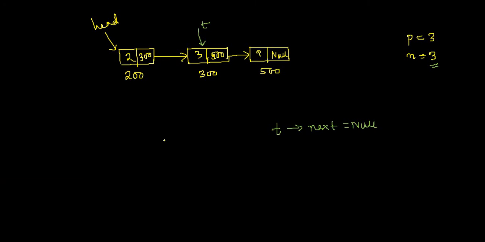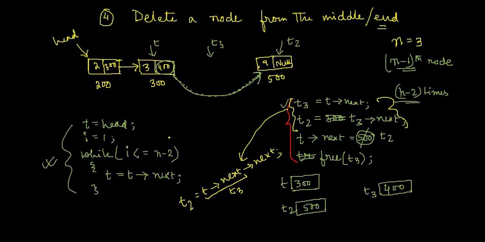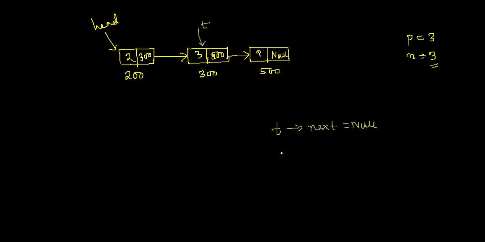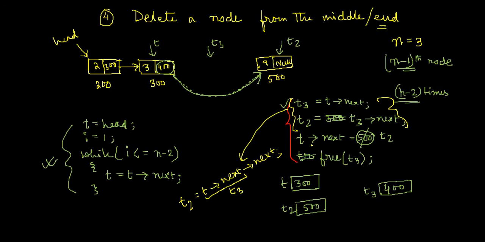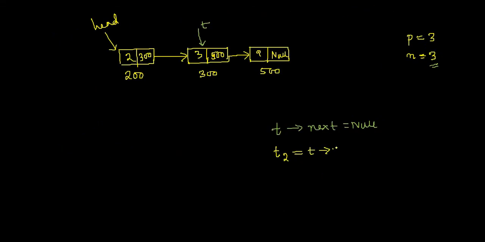So now see what I have told you. I have claimed that the same set of code will work. So let's write it and then I will check. If I write the same set of code, I'm not going to write this loop again. You can understand, I think. So I will write this part once more. So let's write t2 equal to what I've written, t next. So t next. Fine. And then I have written t next equal to t2.